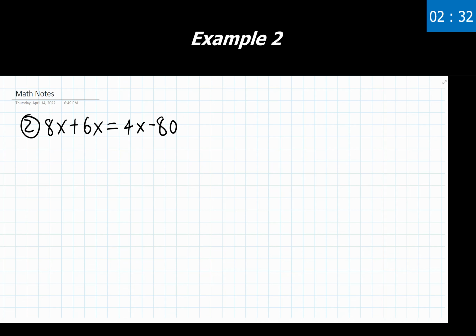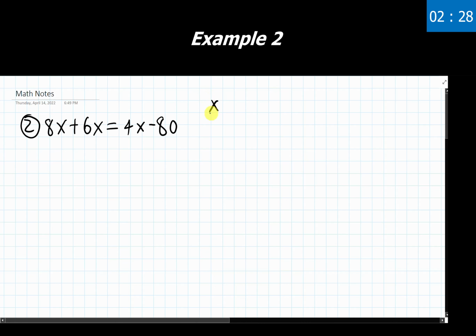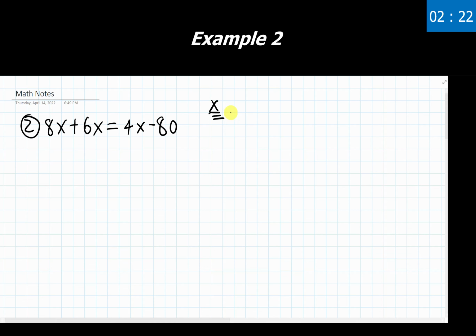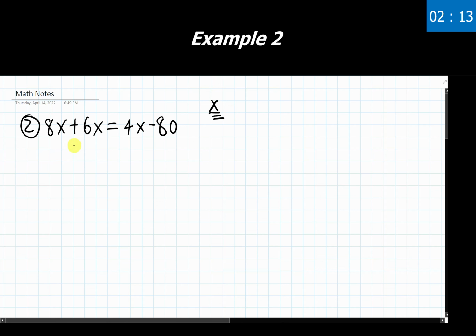So our first step, identify what we are solving for. We're solving for x. Again, I'm going to make a little note of that to myself off to the side. I'm going to try and get x all by itself on the left side or the right side of this equation. Doesn't matter which one, but I need to pick one and commit to that. Now, after I've done that, I need to simplify the left side and simplify the right side. So I'm going to focus on this left side first.